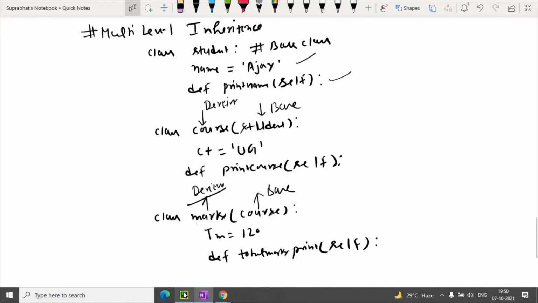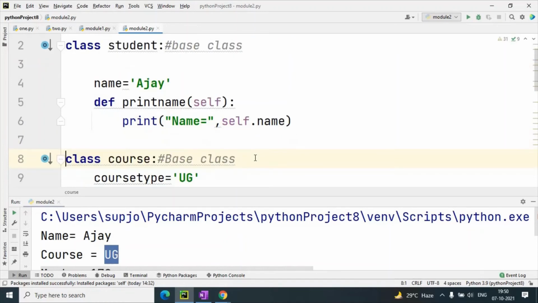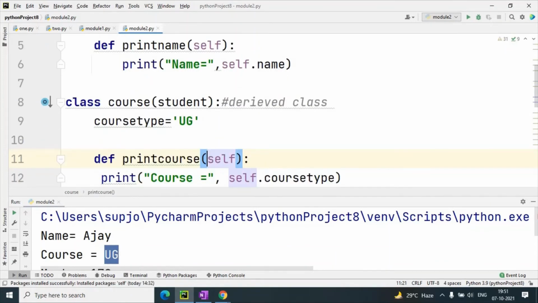We will practically understand in PyCharm. Multi-level inheritance. So the student base class I have taken, then a derived class I will take, which inherits from the student class, and here we have course type, same thing.